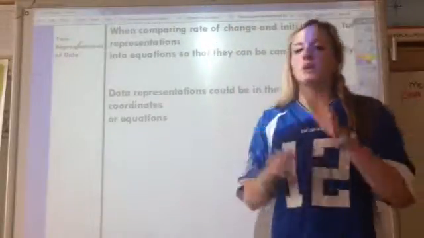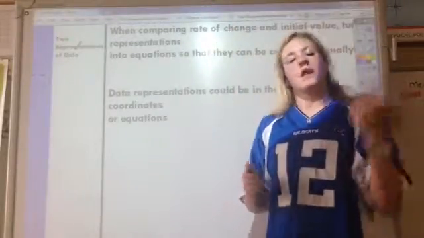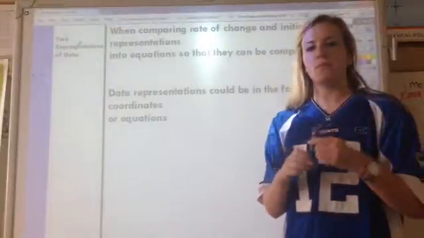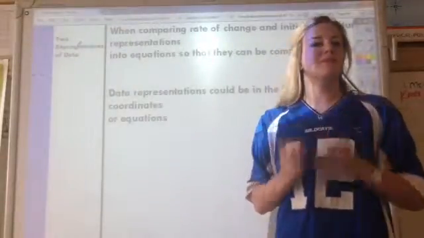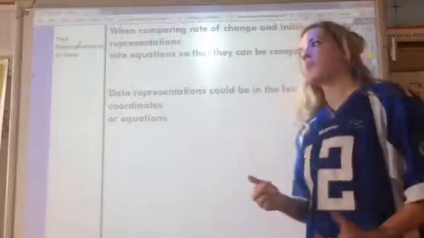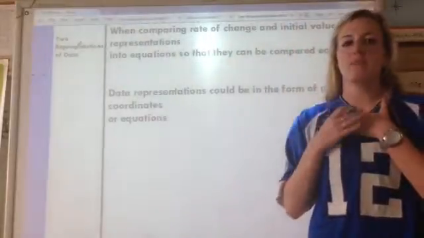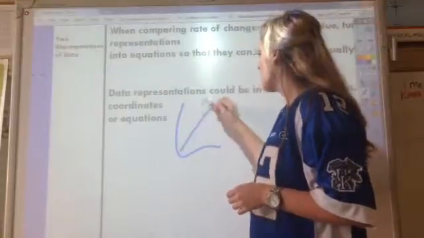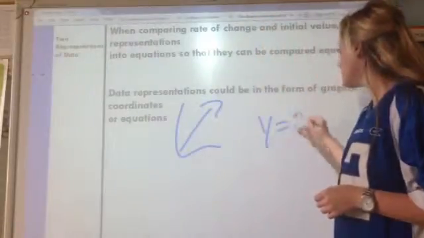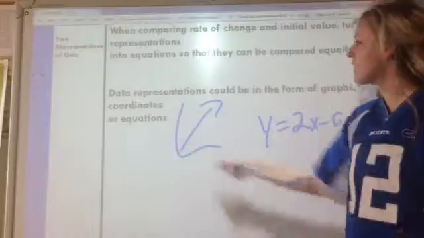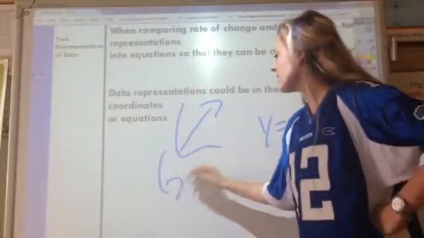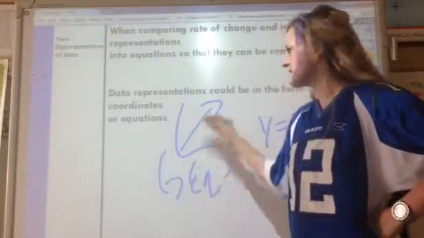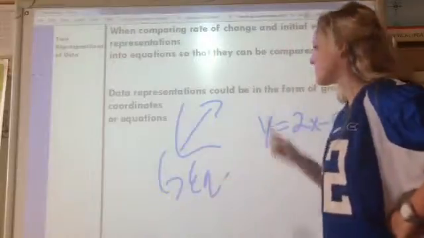So when I'm comparing rate of change, which means slope, and y-intercept, which means initial value, I need to make sure that both forms of data are in the same form. And the easiest way, I think, to compare them is if they're both in equations. So if I'm given a graph and an equation, just say y equals 2x minus 5, I want to turn this graph into an equation by finding the slope and the y-intercept